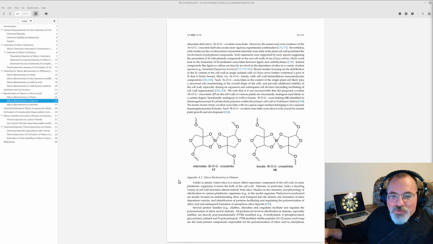Appendix A2, Silicon Biochemistry in Diatoms. Unlike in plants, where silica is a minor, albeit important, component of the cell wall, in some planktonic organisms it forms the bulk of the cell wall. Diatoms in particular make a dazzling variety of cell wall structures almost entirely from silica. Studies on the chemistry and physiology of silification in various planktonic organisms, for example, in the model organisms...